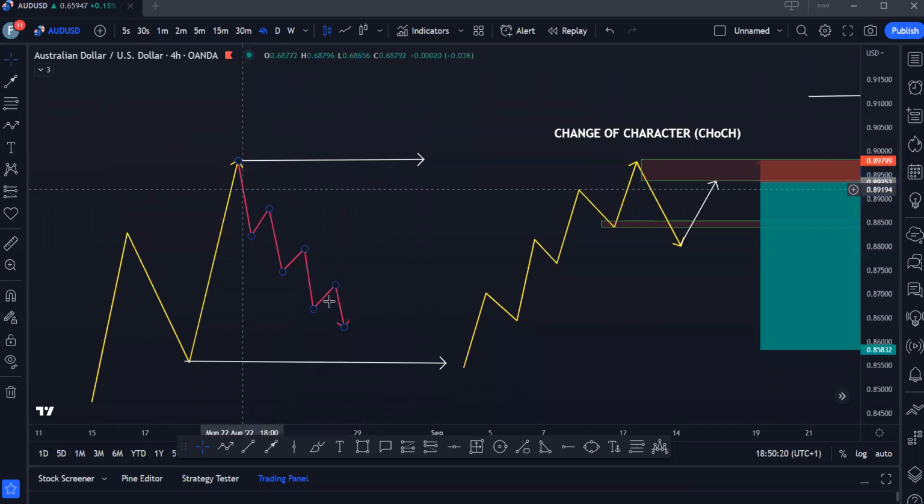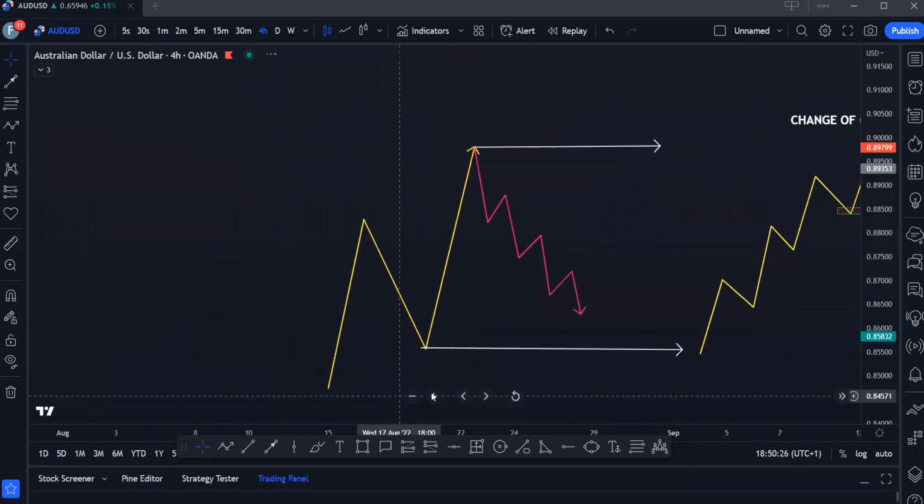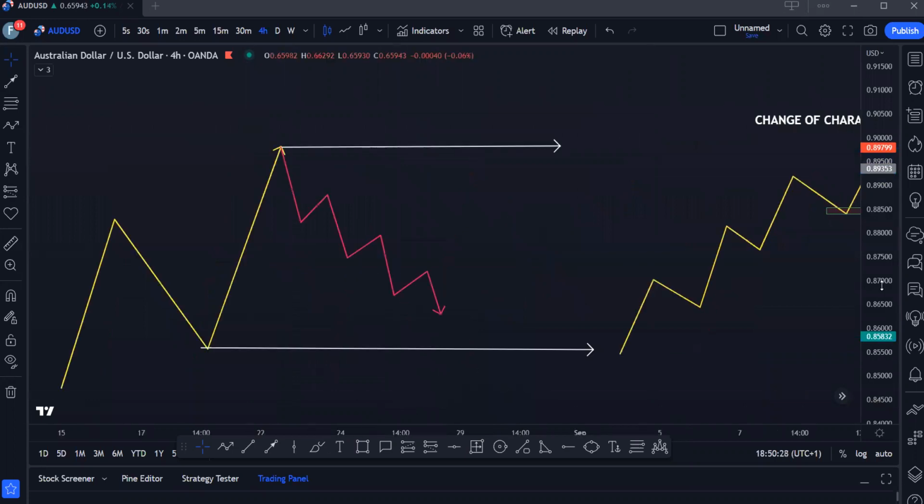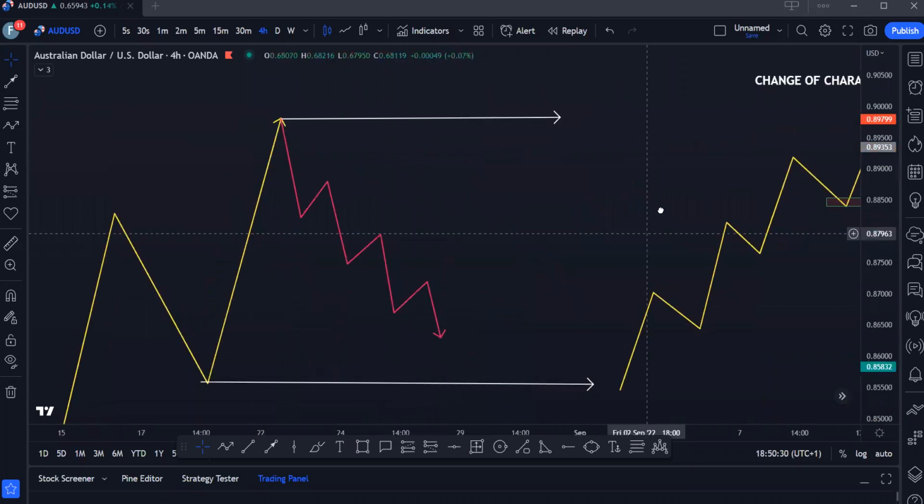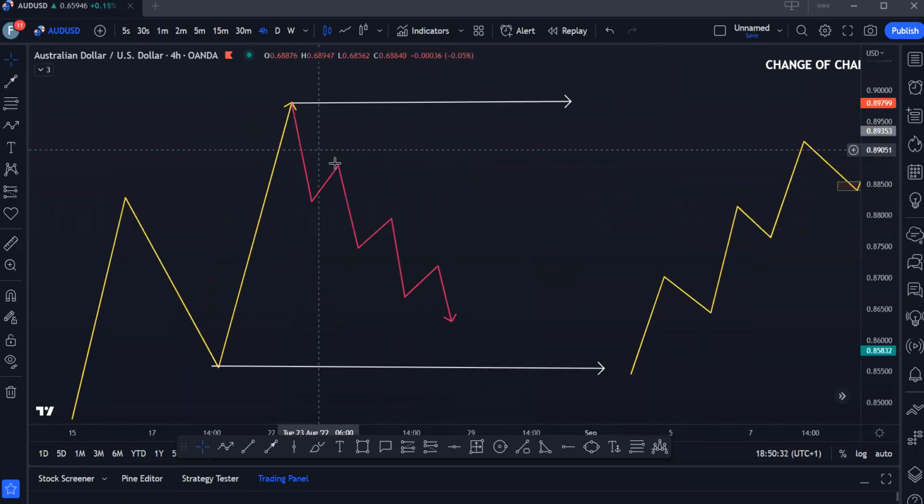So this is minor structure, right? Now, how do you know that a new higher low is about to be created? How do you know that this order flow wants to shift from bearish like so to bullish, right? We want to see a change of character. And by a change of character,